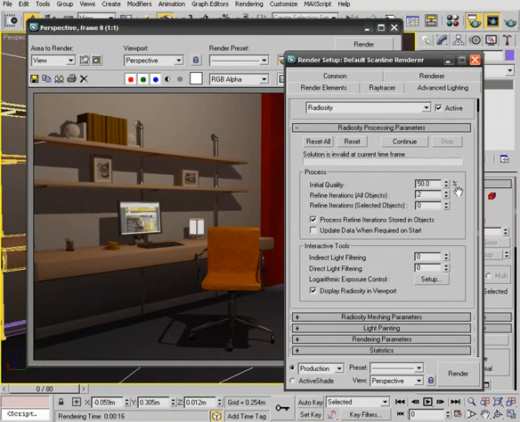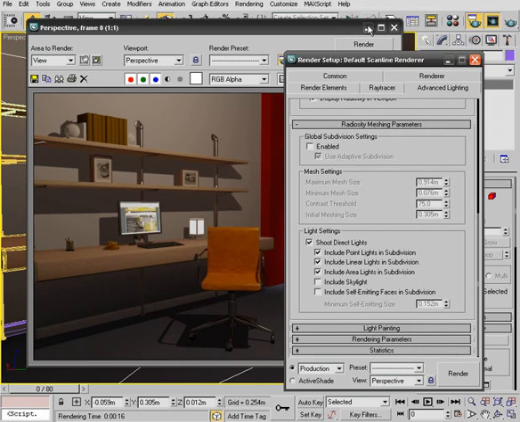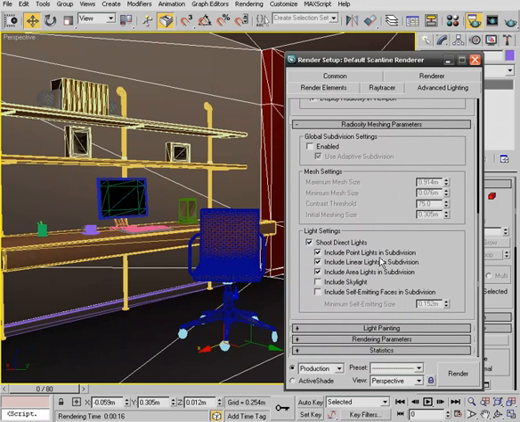refinement. Now when it comes to doing indirect and direct light filtering, it does help to, again, soften out some of this noise. Now these will become a little bit more apparent once we actually start to get a little bit better subdivision in these areas. So let's scroll down,